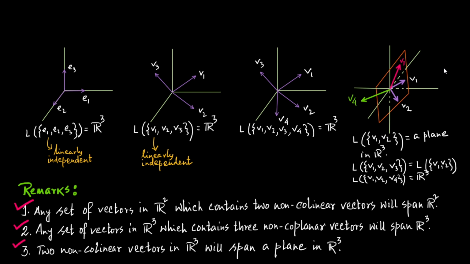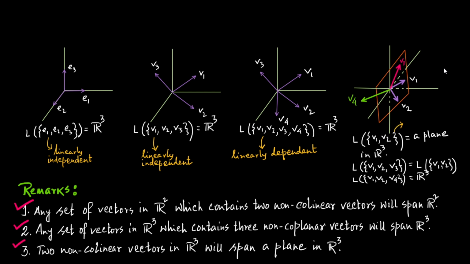Now, this set of four vectors, what do you say? What will it be, linearly dependent or independent? Of course, we can understand that any three of these vectors will span R3, where the other vector will lie. So I can say any one of these vectors will lie in the span of the other three vectors. Or in other words, any one of these four vectors can be written as a linear combination of the other three vectors. So this set of vectors is linearly dependent.